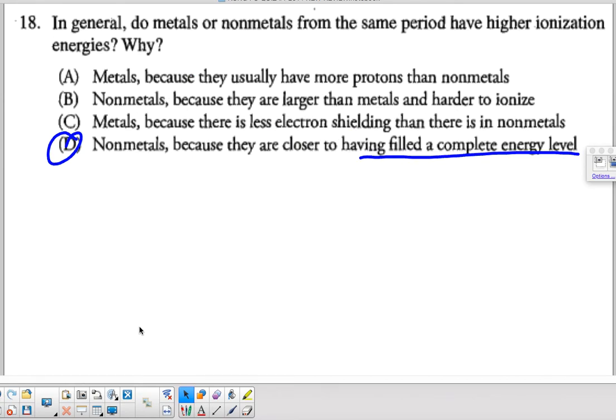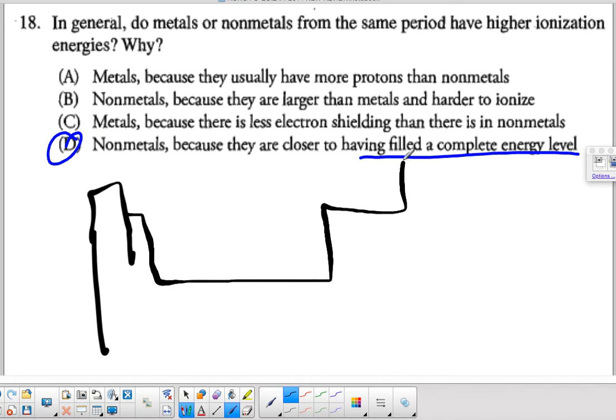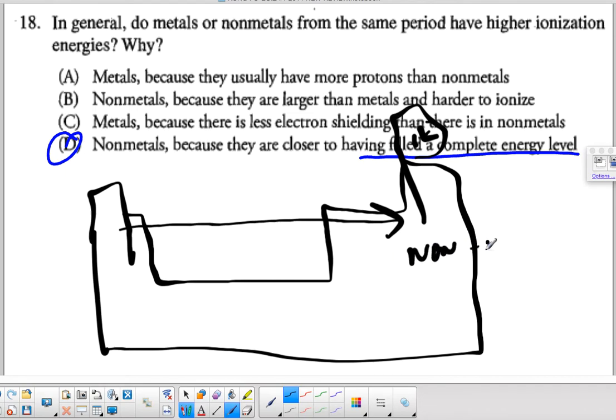In general, do metals or nonmetals from the same period have higher ionization energies? Nonmetals. The reason is, if you look here at another crude periodic table drawing, remember, ionization energy is directly related to size. As we go across a period from left to right, and the nonmetals are on this side of the periodic table, the number of protons in the nucleus is increasing, making the size of the atom smaller,